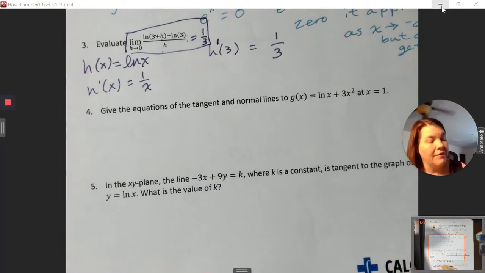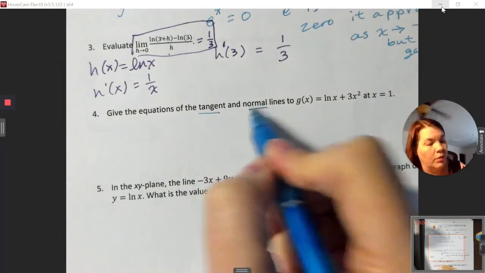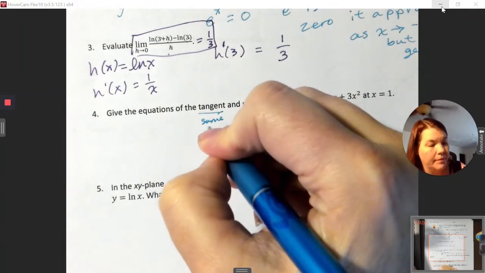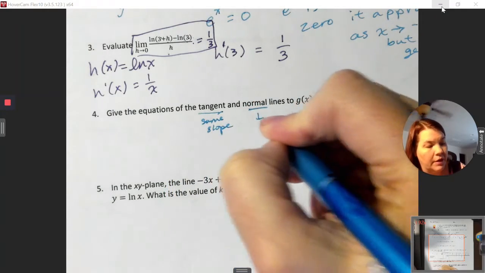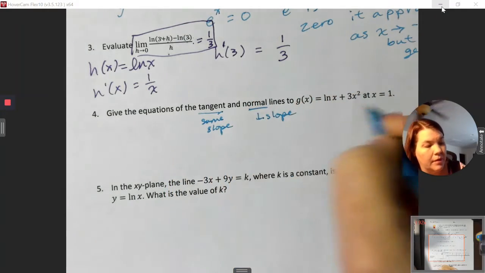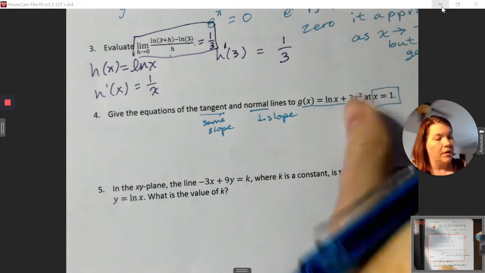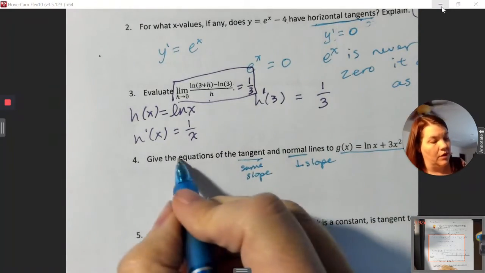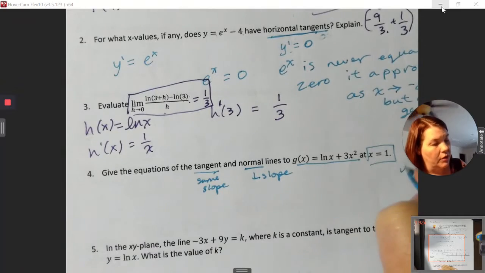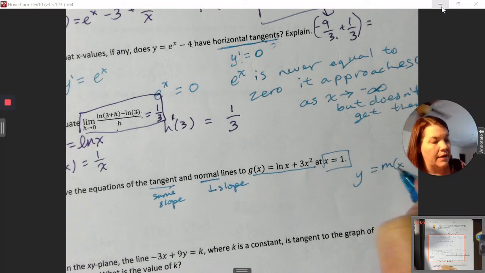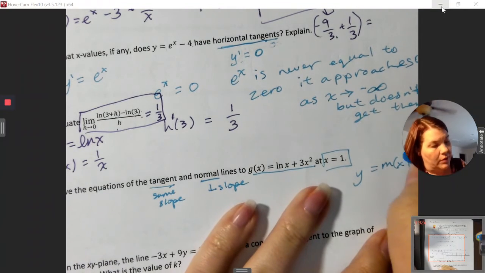Give the equations of the tangent and normal lines. So again, tangent means the same slope. Normal is the perpendicular slope to this curve at x equals 1. So it wants equations of lines. Equations. So we're going to use this slope form: y equals m times (x minus x1)